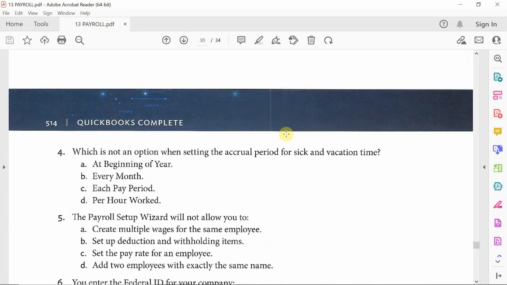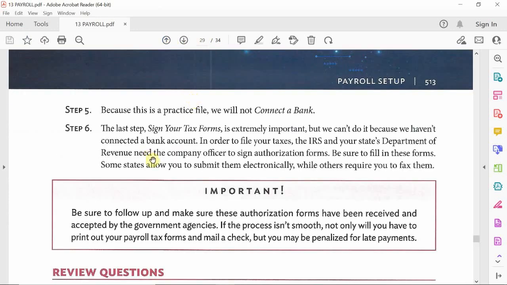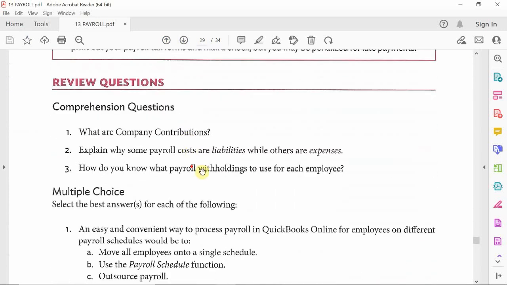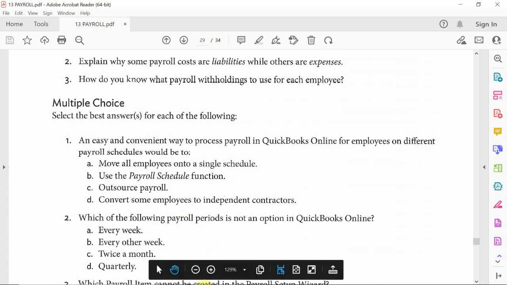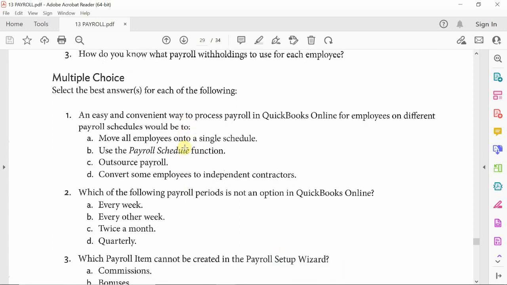None for me. Okay, all right, so let's go ahead and go over those review questions, multiple choice here. So once again, select the best answers for each of the following. Number 1, an easy and convenient way to process payroll in QuickBooks Online for employees on a different payroll schedule would be